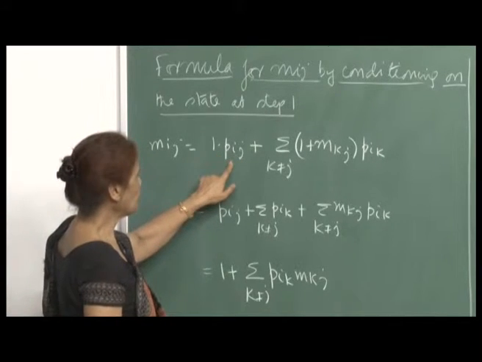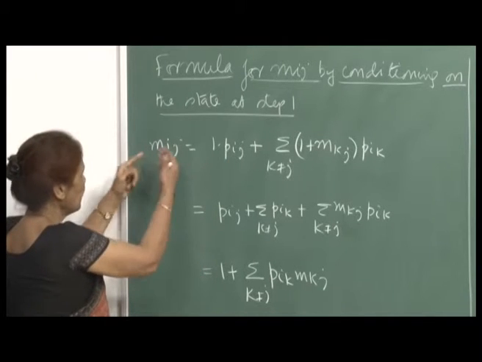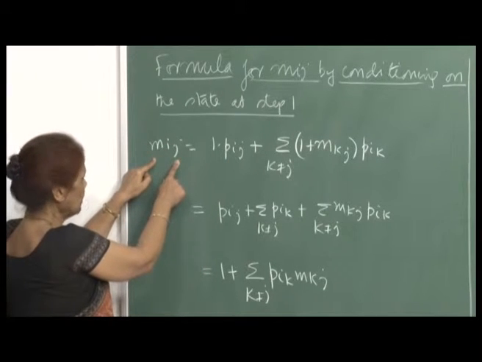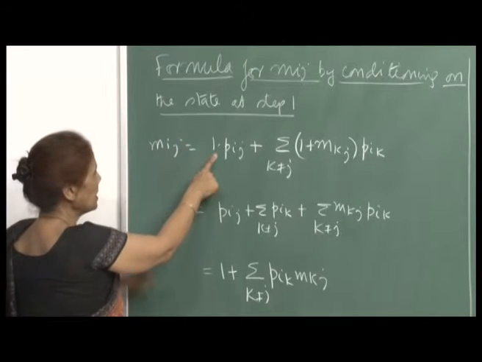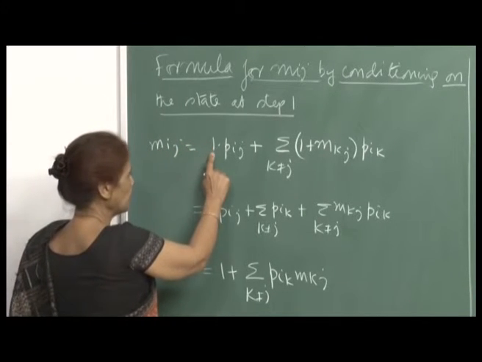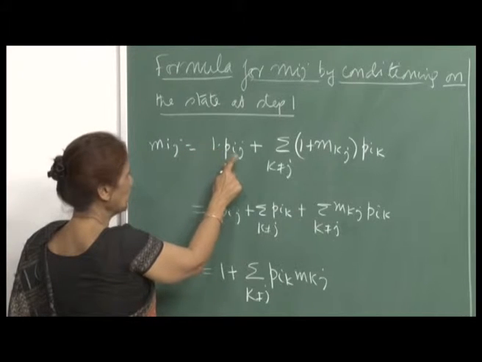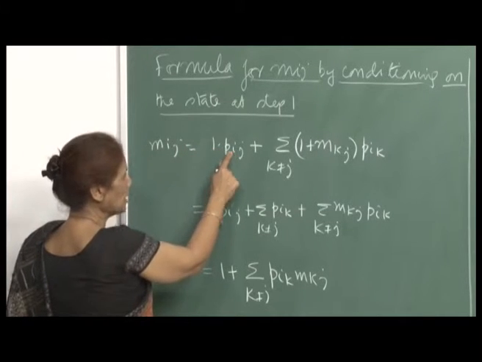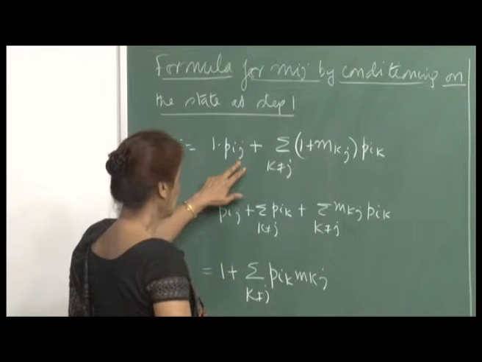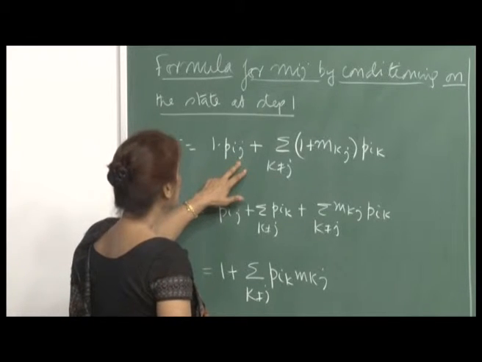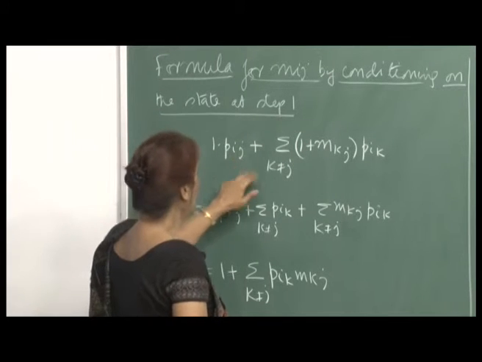So, then this is 1 into Pij. Remember, you are computing the expected value of the Fij(n). So, if it is one step, then the probability of transitioning from i to j in one step is Pij. So, 1 into Pij. Either we transition from i to j in one step, and therefore 1 into Pij,